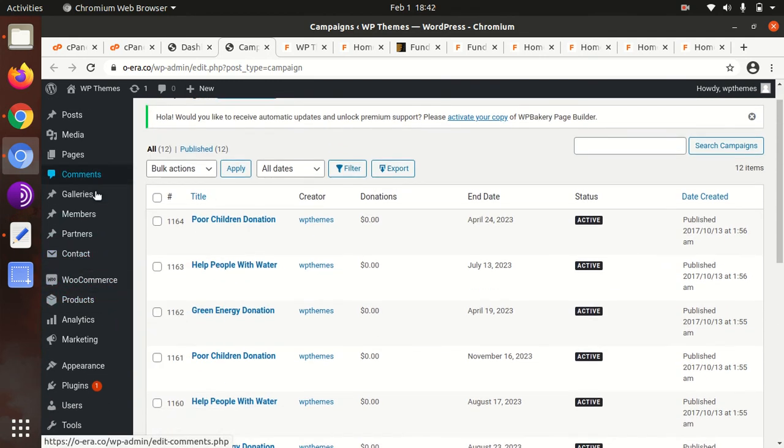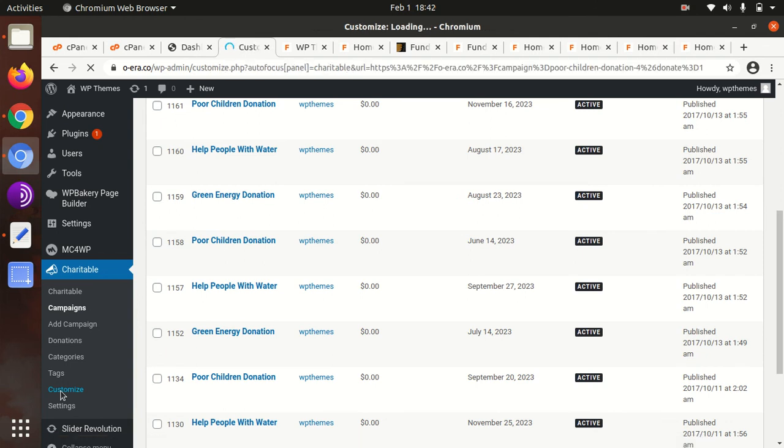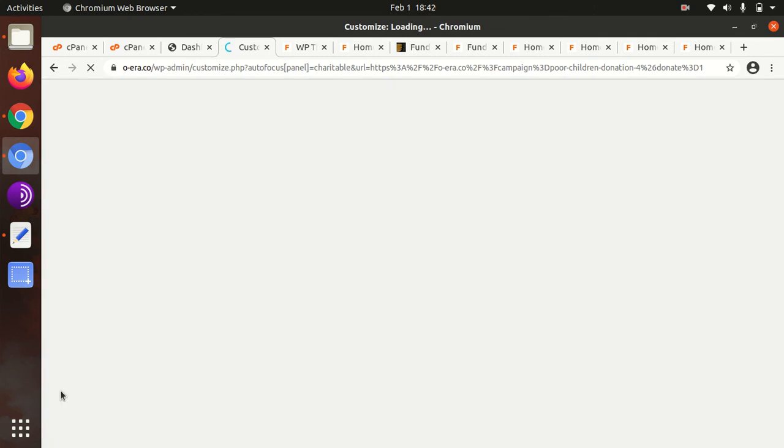And this theme has not given another option to customize the screen, and the customization option should be in the default customize option of WordPress. Let us see.